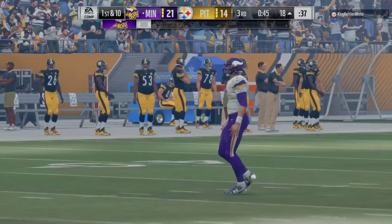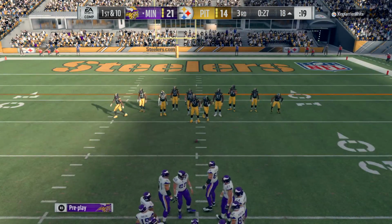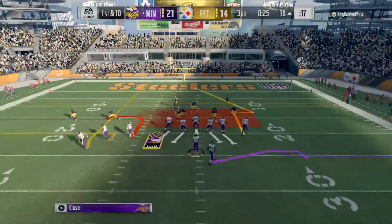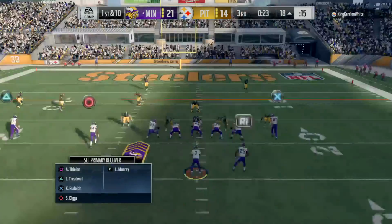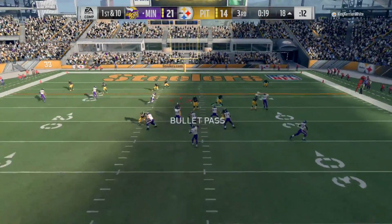Well, they brought the pressure, and that meant man coverage behind him, so he's still able to complete the pass, even as he took the hit. And that's what you have to do, because I was just talking with a coach the other day, and he said, look, it's not always going to be pretty back there. You're going to have to give me...